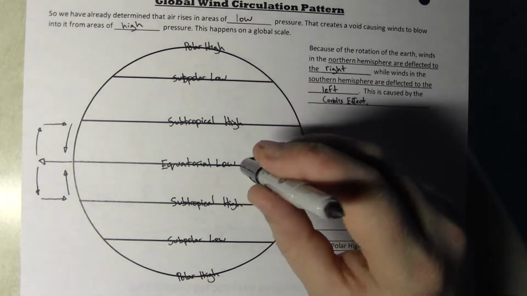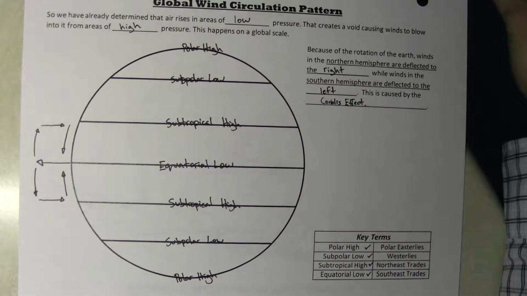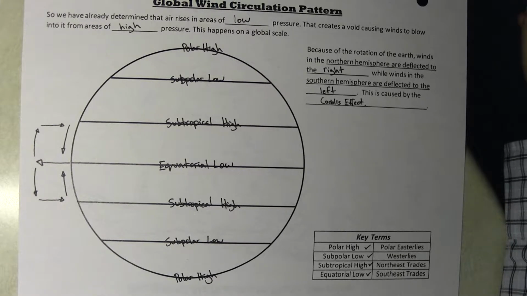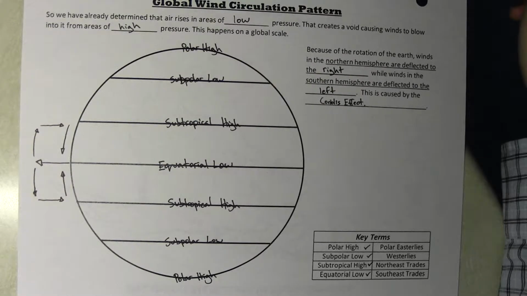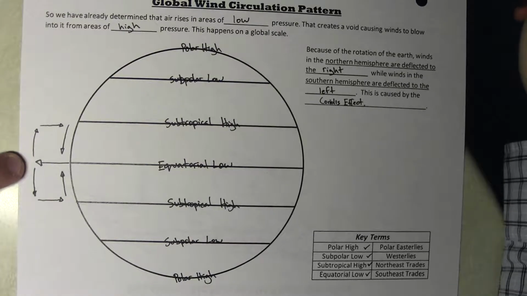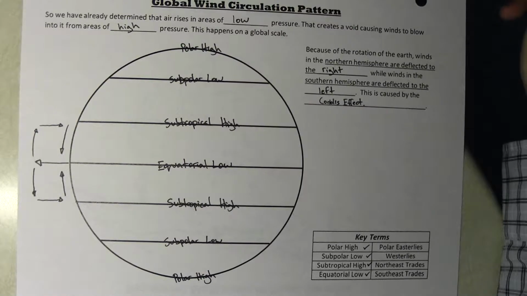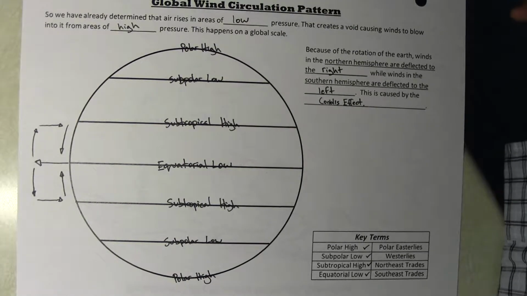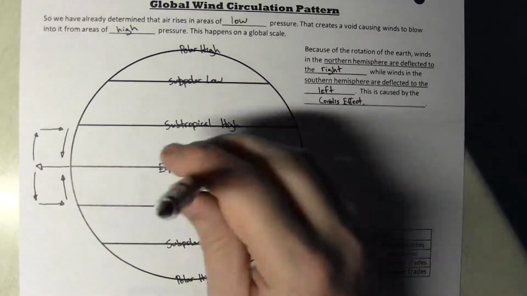We have an equatorial low. Why do we have an equatorial low? Because it receives the most direct overhead sunlight. When you receive the most direct overhead sunlight, you create the warmest, most volatile air. Volatile air likes to rise. When volatile air rises, it cools, condenses, and falls. And when the air rises here, it creates a vacuum effect from the two tropics, blowing air in to replace it. Cool. So we don't need to do this, but this happens that way, and that way, and that way,